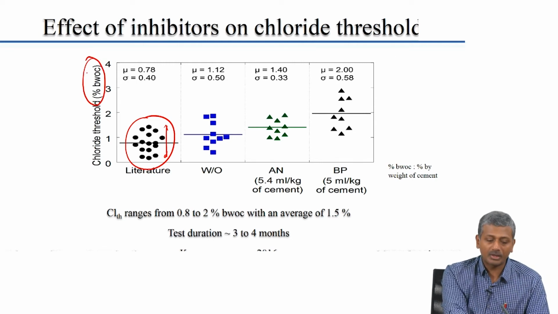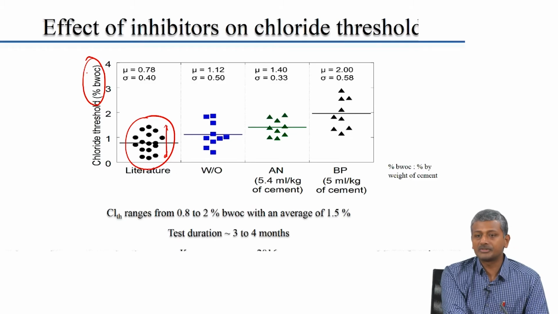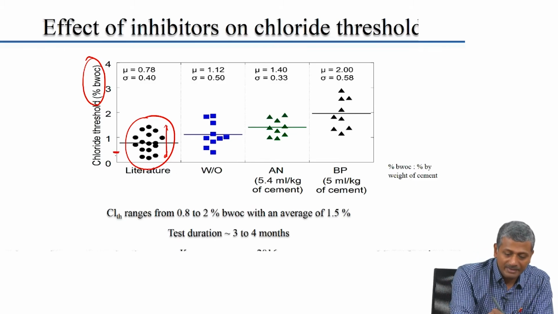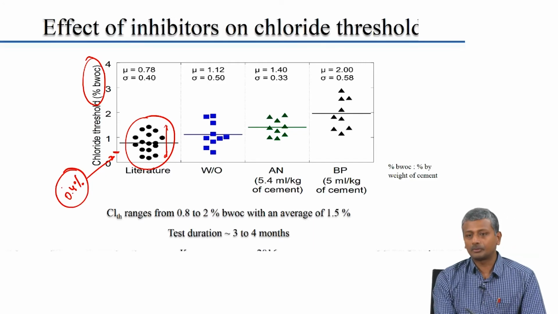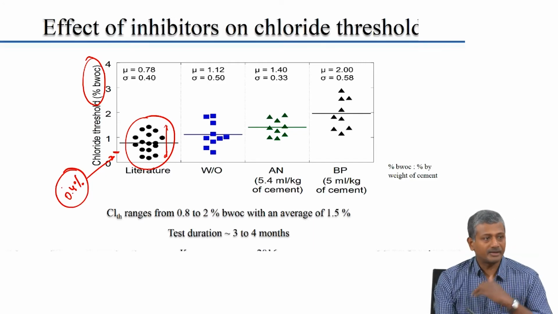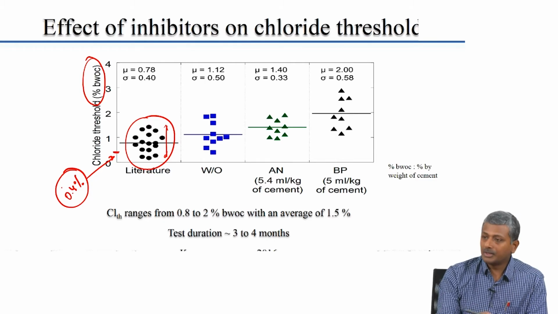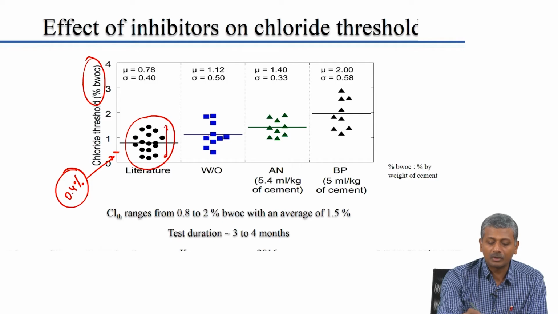Chloride threshold, or chloride concentration, is measured in terms of percentage by weight of cement. The generally accepted value is 0.4%. It is a very conservative value, because often it turns out that it is much higher than that. Okay. Now, in an experimental study done by one of our PhD students, it was found that for concretes that